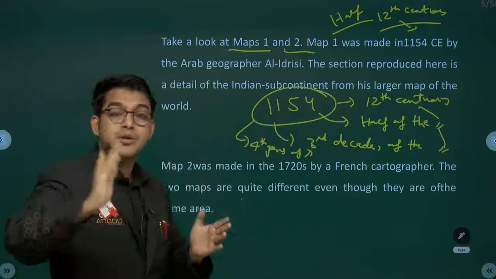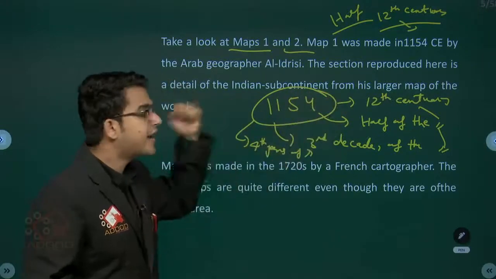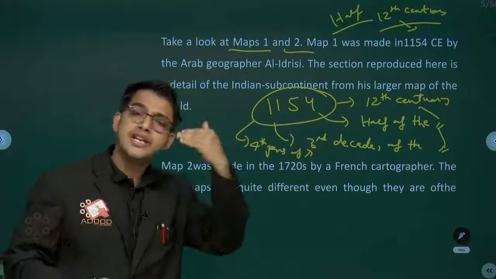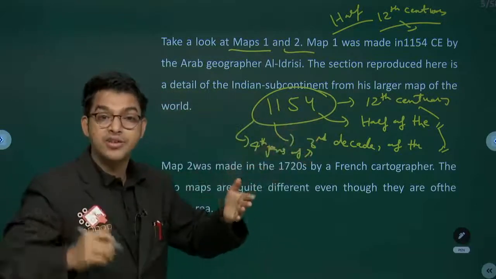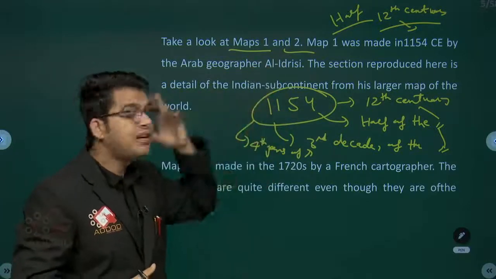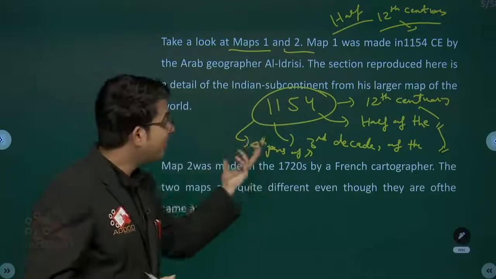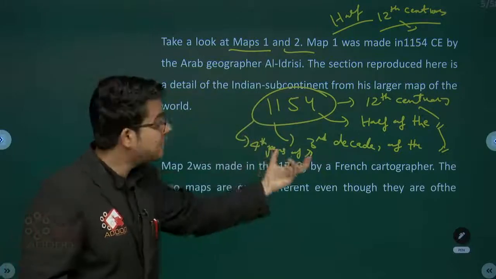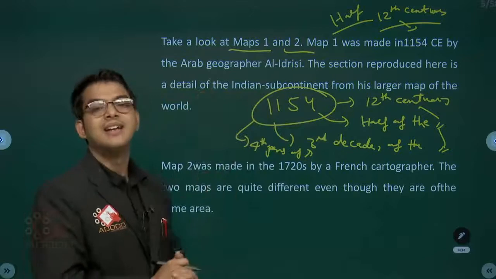If you break them into those portions, 1, 2, 3, 4, 5, you have revised the date 5 times. That is the beauty of it, that you will never forget the date now. You have written it 5 times, you have done the post-mortem with one single word. You have broken it into parts, made beautiful, amazing pieces, like slices of one piece of bread. That is what we had, 1154.